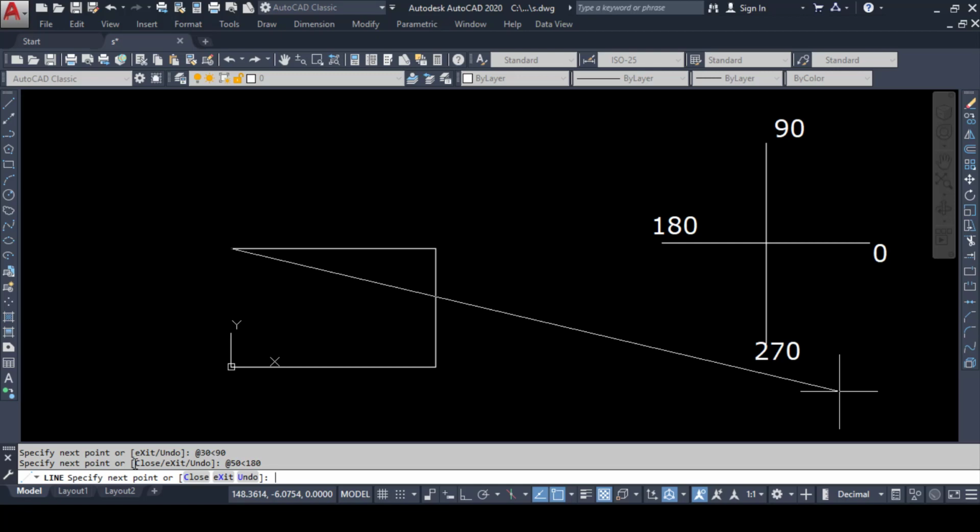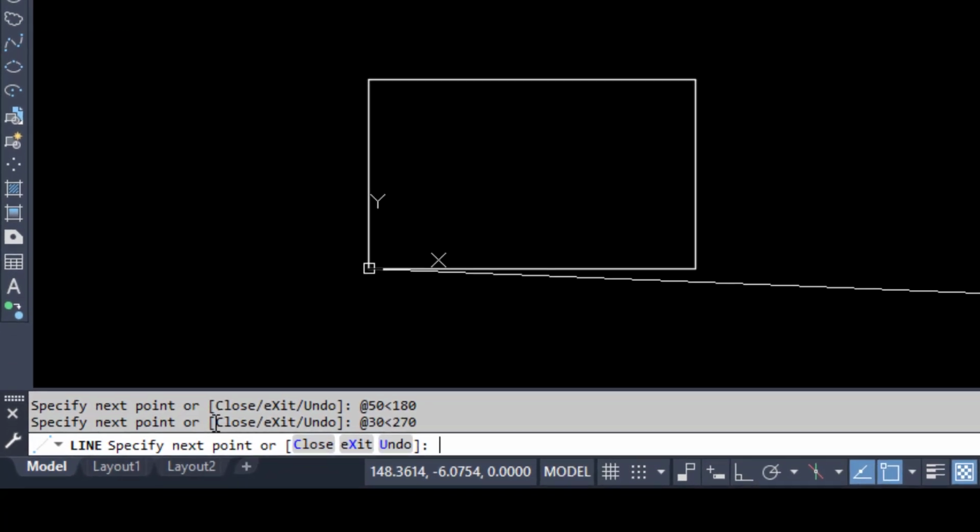And in the last case of the P4 coordinate, I am entering here shift at the rate 30 less than, see, I am entering 270 degree. I am going to the negative y direction. Now suppose what I want to do here, I want to make a line of 45 degrees from the origin again.